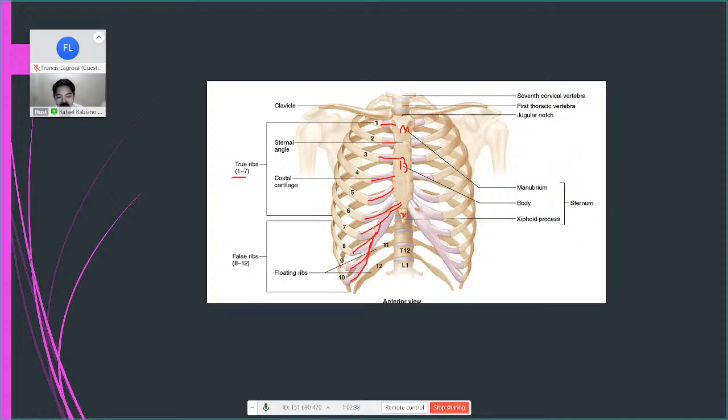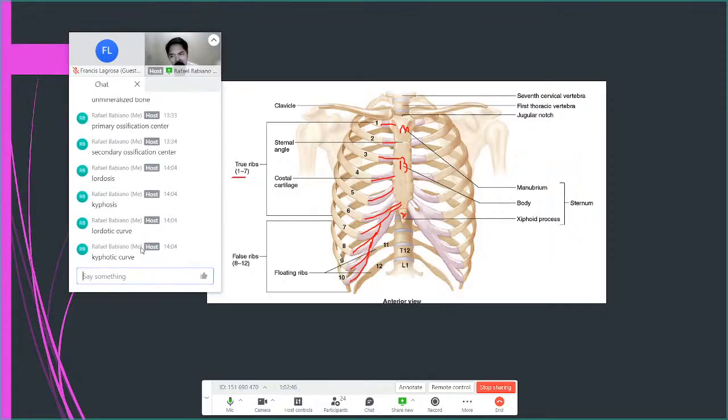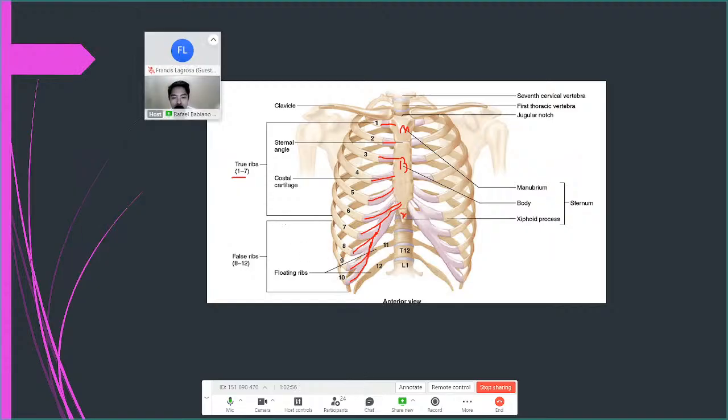When you say costal, guys, that means ribs. Another term, I think it's there in the tables, not sure. Costal means ribs. So when I say it attaches to the 7th costal cartilage, look, the 7th rib has cartilage. The 8th, 9th, and 10th only attach to the 7th cartilage, and then not directly to the sternum. So they don't really attach to the sternum, but only to the 7th cartilage.